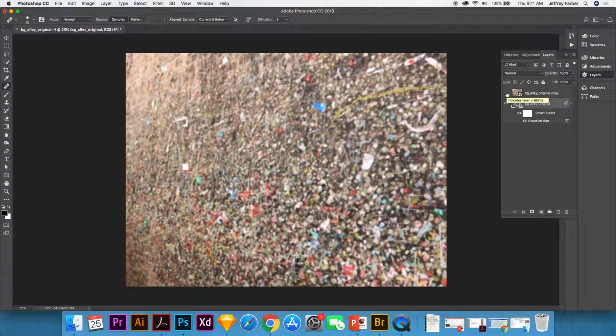So what we're going to do is add this gradient mask on. And what I want to do is show some of the actual image without the blur and some of the image with the blur so that it gives it dimension. And the best way to go about this is to throw a gradient mask on this. So that's why I made a copy. I'm going to put the gradient mask on top of the copy. When I put the gradient mask on, it's going to reveal some of the image underneath. So